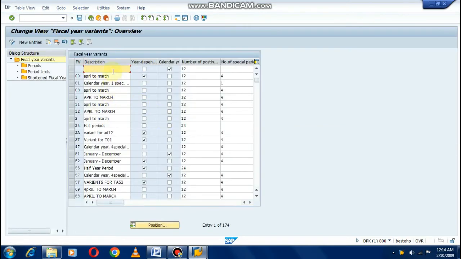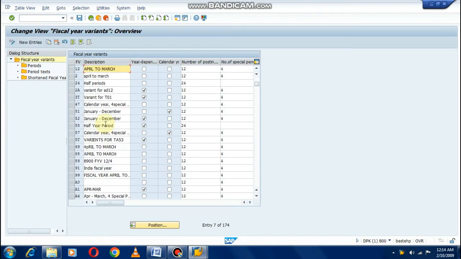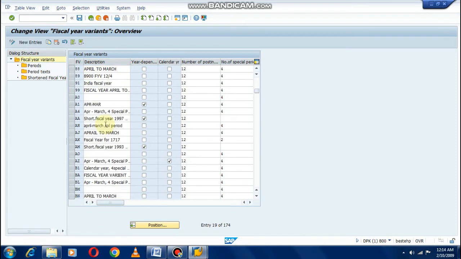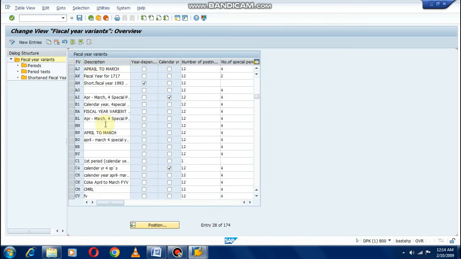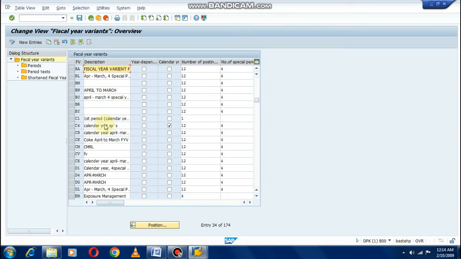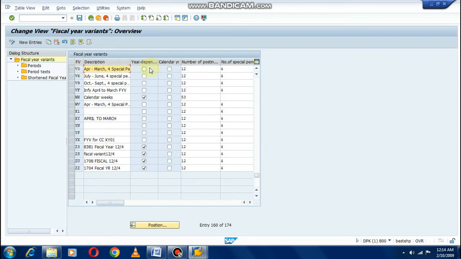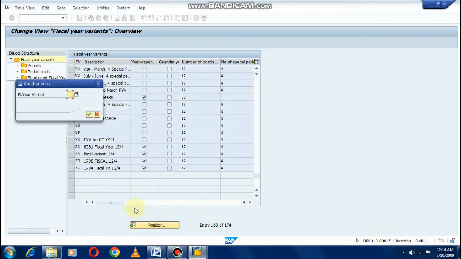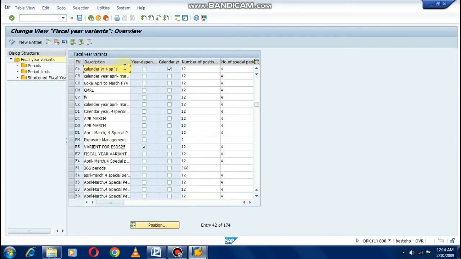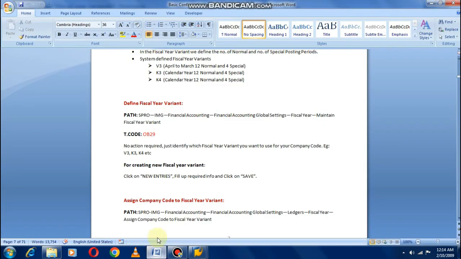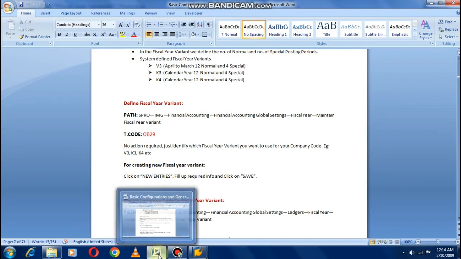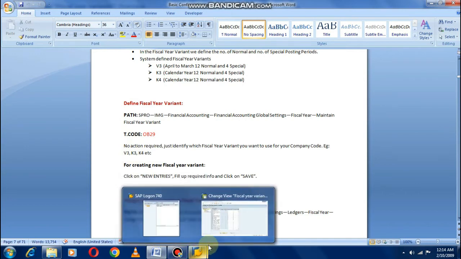Yeah, these are the fiscal year variants already defined by some users. There are some SAP standards also here. For example, V3 is SAP standard, April to March, already defined in the system. K4 is already defined in the system, calendar year defined by SAP. So V3, K3, K4, these are the variants which are already defined in the system, but we are going to